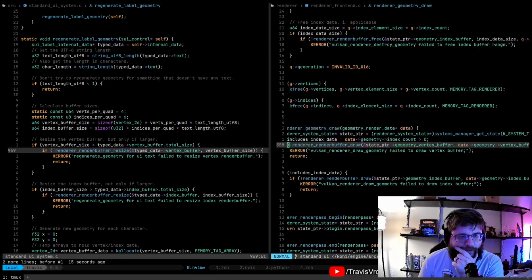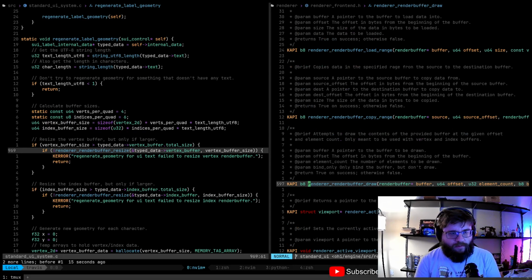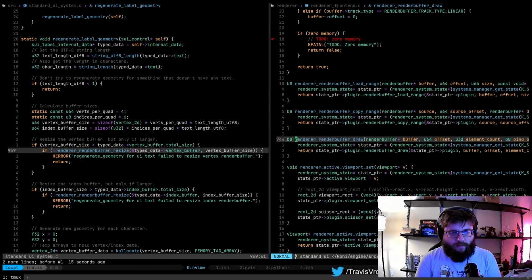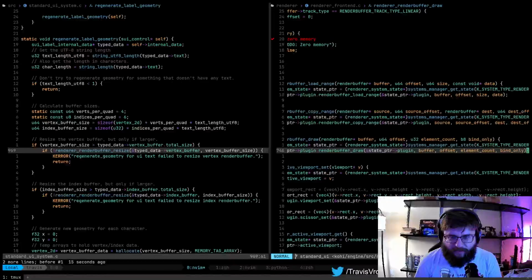So we might not actually be able to do this properly. So we do use the element count here as well.